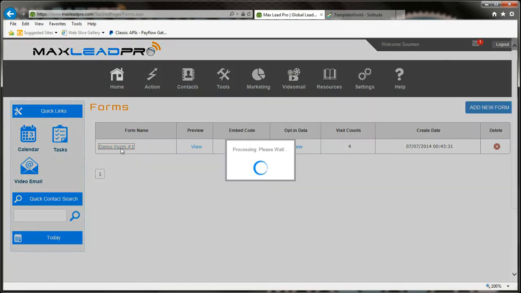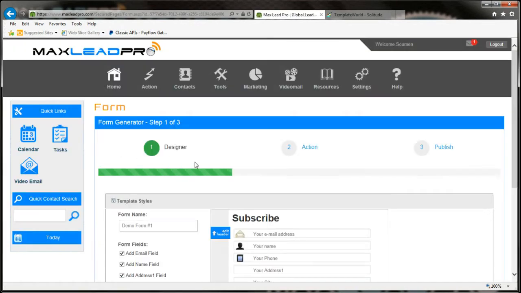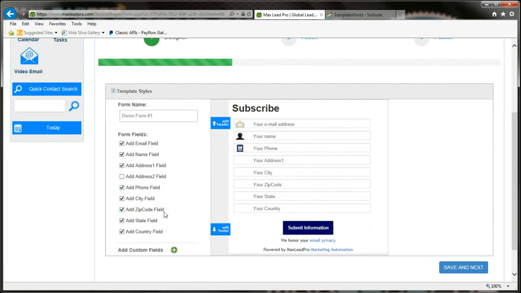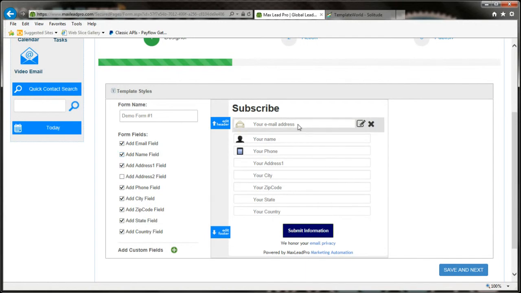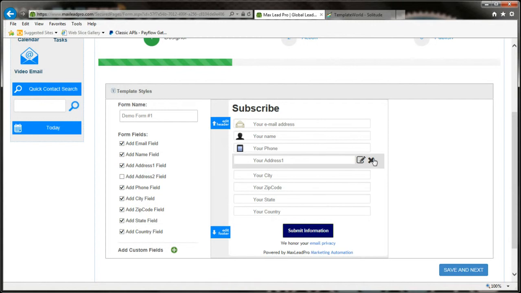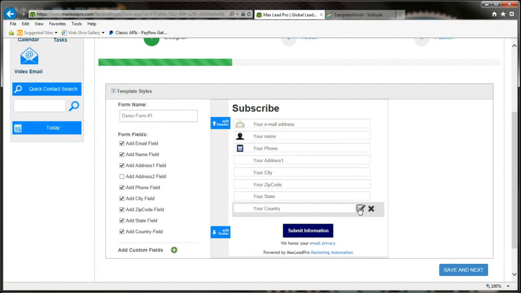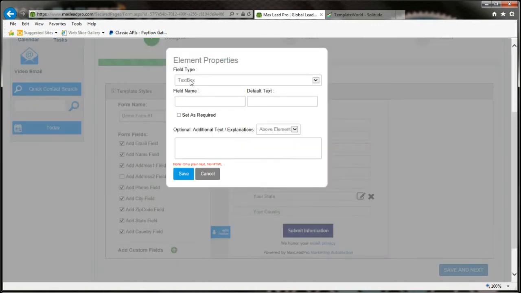So go to that form, and you can take out something from here. Let's see what we need. We'll just collect email, name, phone, and let's have everything, but we are going to also add a custom field, which is, let's say,